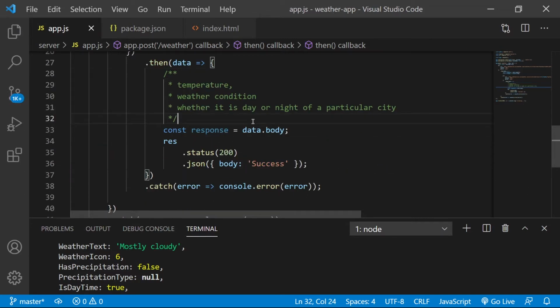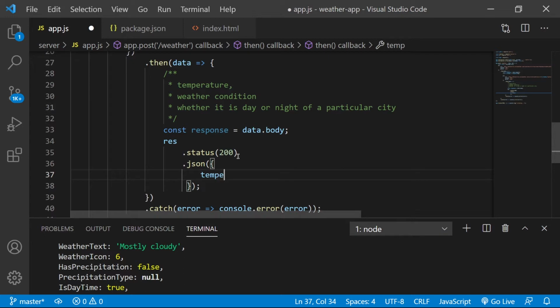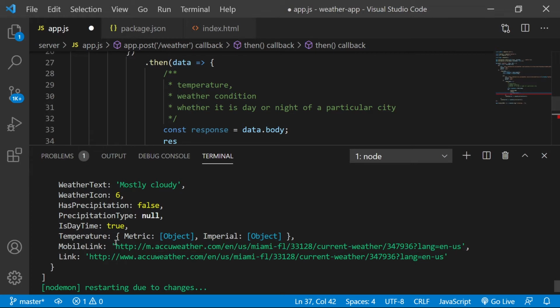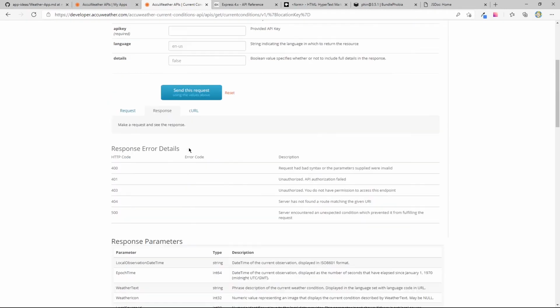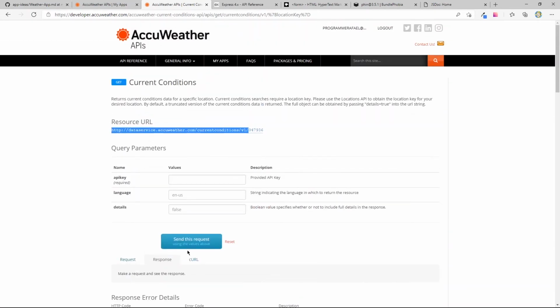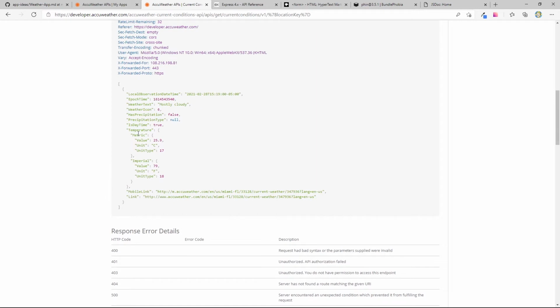So we want the temperature. So what if now we respond with all these different things, right? So let's say temperature. Can we get that? Temperature, metric, and imperial. Let's go back to the docs and see how we can actually get that. Is there a response? Oh, let me use my API key. Let me just fetch it from my app. Okay, so we want temperature imperial value.